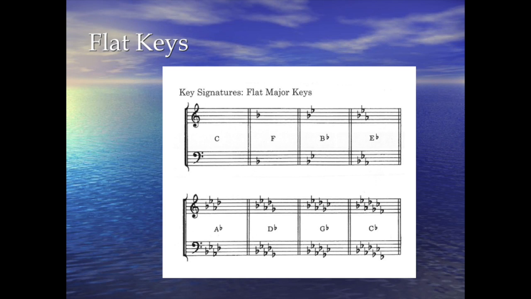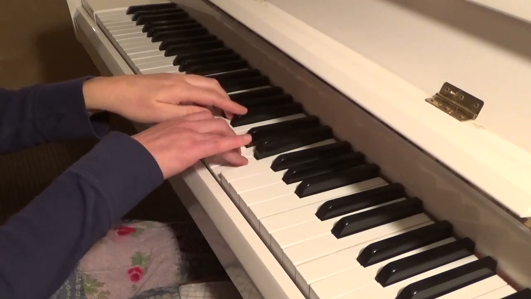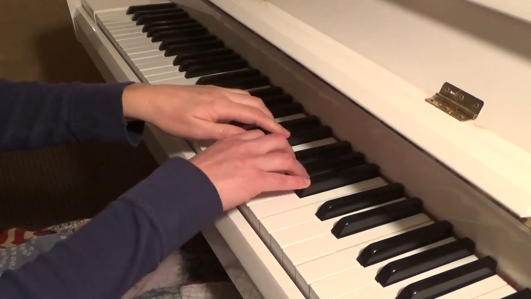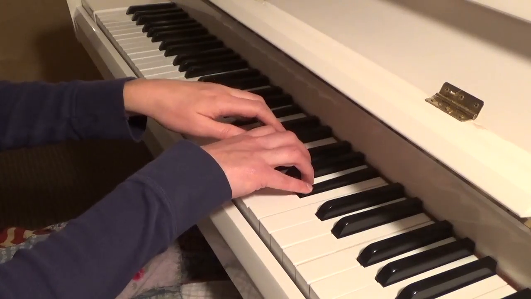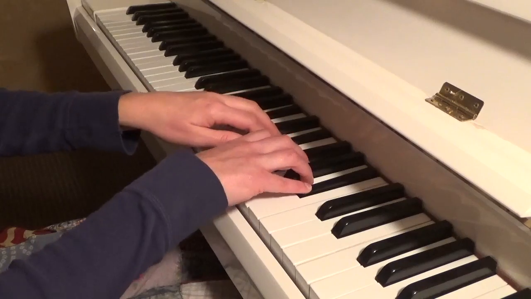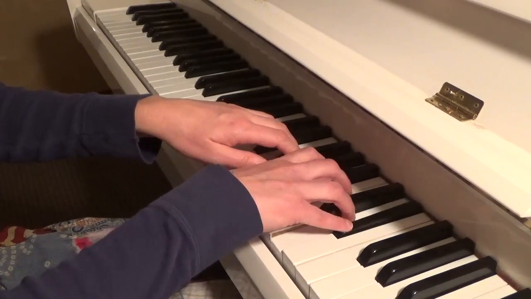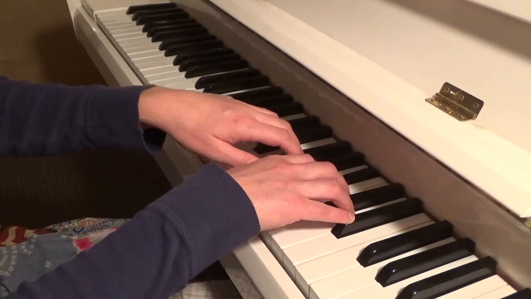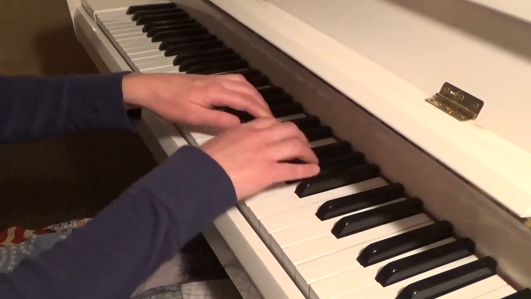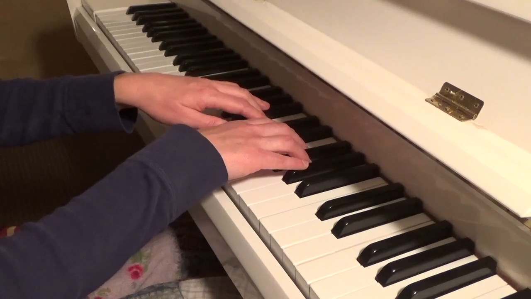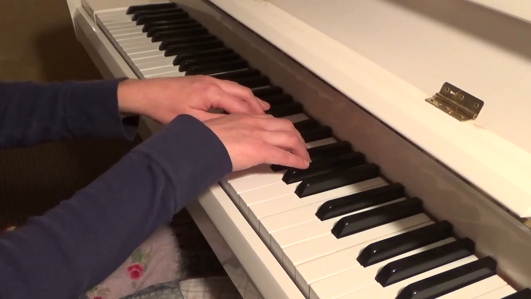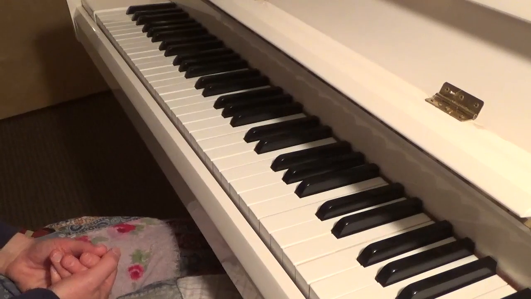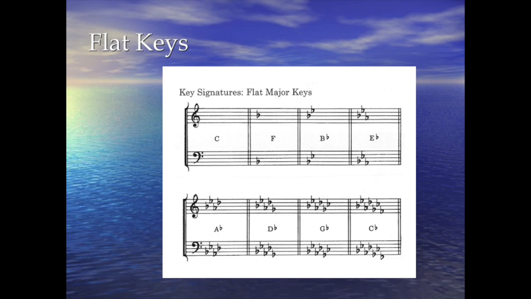So we also have key signatures with flats in them. For the key of F, we have a B flat. For the key of B flat, we add E flat. For the key of E flat, we add the A flat. So we have B flat, E flat, A flat. For the key of A flat, we're going to have B flat, E flat, A flat, D flat, and so forth. We keep getting more and more flats. But once there's a B flat in a scale, all flat keys have that B flat as their first flat